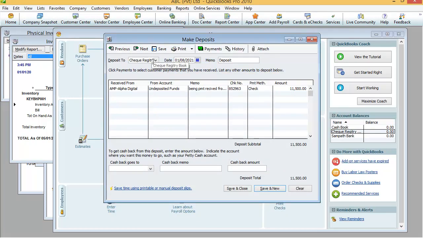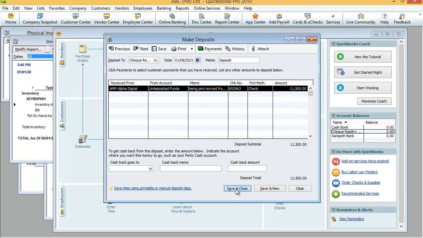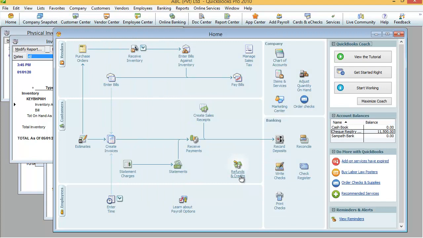After selecting it, the memo simply shows Deposit. Now this account is selected, and Save and Close. After saving, you can look at the menu. See here on your right side the account balance shows 11,500.